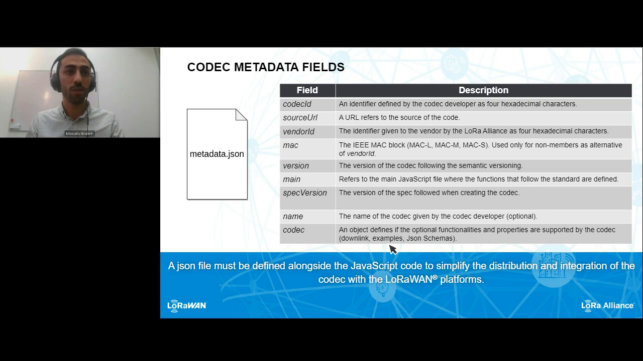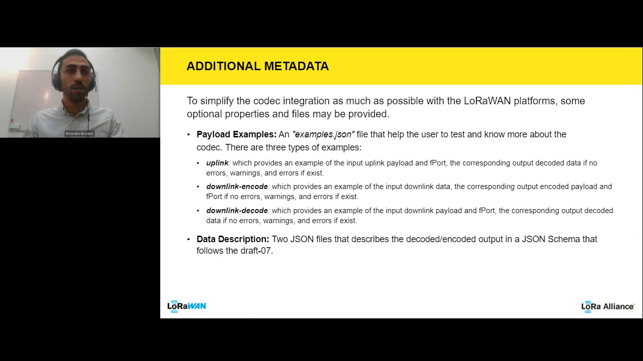Examples and JSON schemas we will see in the next slides. What are the examples and what are the JSON schemas, and these are optional. So in the codec there is a property saying whether they are supported or not. Also, as we said, there is additional metadata which is optional, in order to help the user of the codec, or even the application server,